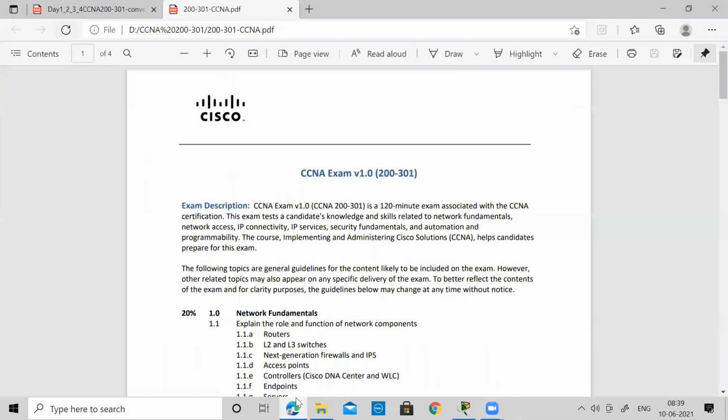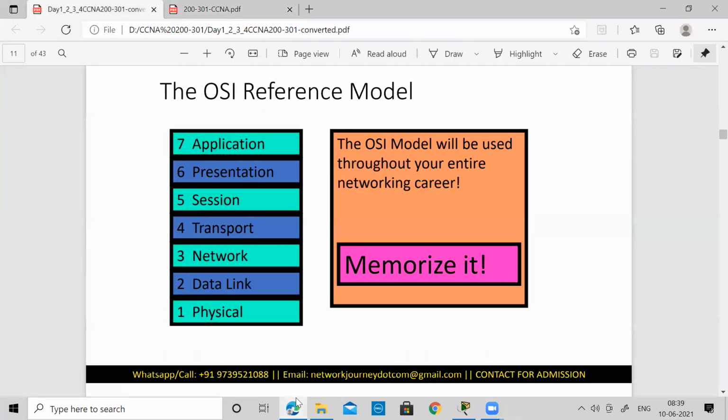In today's session, we are going to discuss more about the layered approach, because as and when we look into the packet flow on Packet Tracer, layer details will be mentioned, and we should understand which layer the device is referring to, and what details it is showing you, so that we know when we look at the packet in the Packet Tracer file. Okay, so as the name says, it's a reference model.